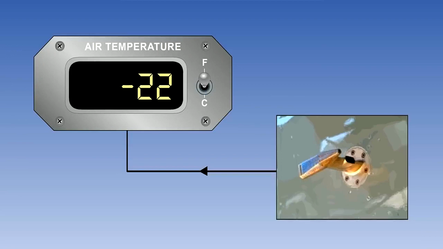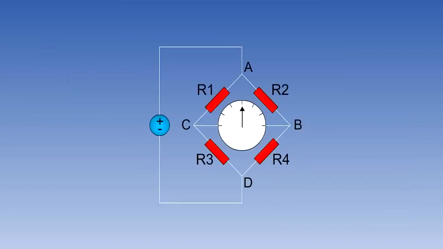It is often desirable to have temperature information in an electrical form so that it can be fed to other instruments and systems. Remote temperature gauges work on the principle that the electrical resistance of certain materials changes with a change in temperature. Measurement of electrical resistance will therefore be a measurement of temperature. To measure electrical resistance, a resistance circuit is employed, commonly known as a Wheatstone bridge. We can see here a diagrammatic illustration of a Wheatstone bridge circuit.